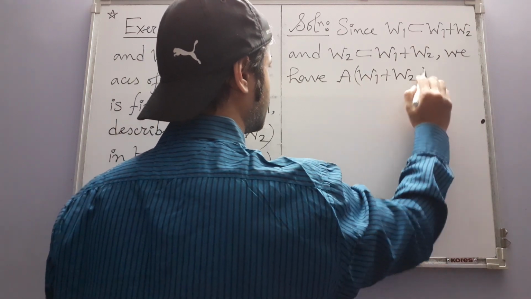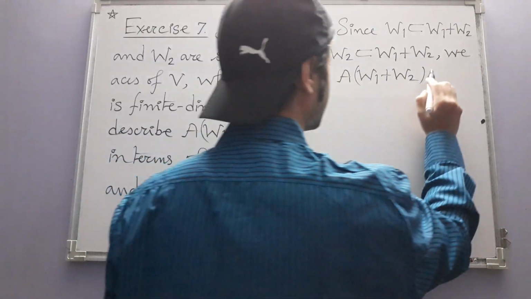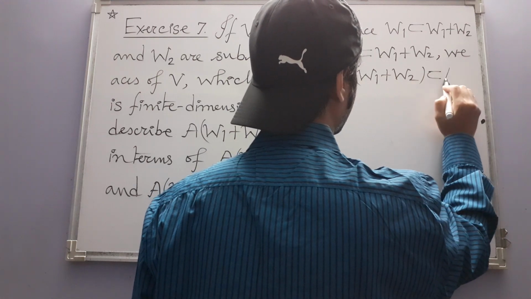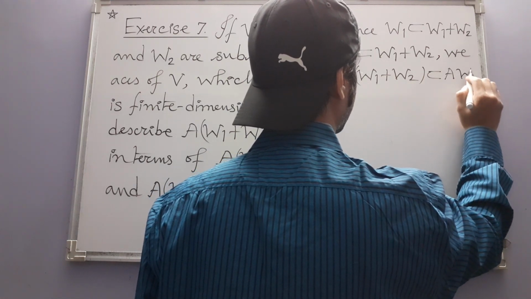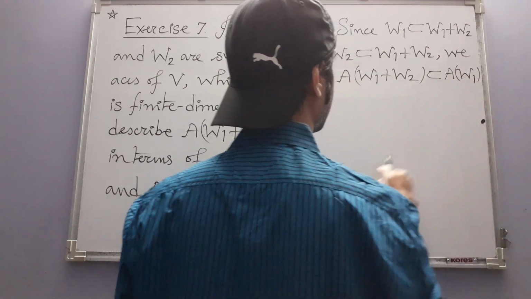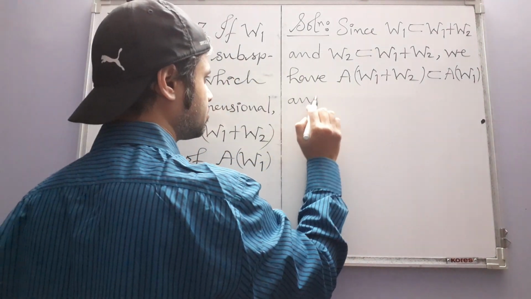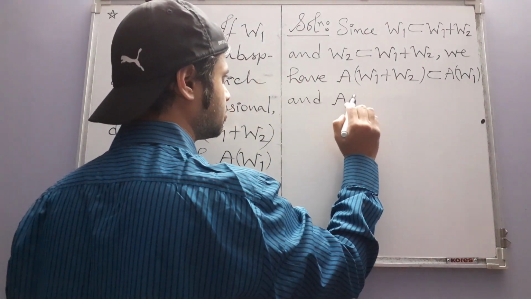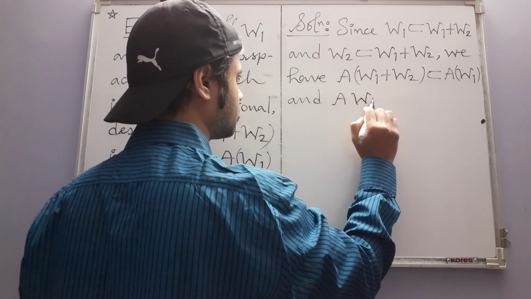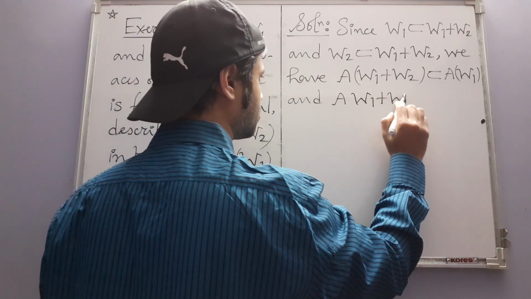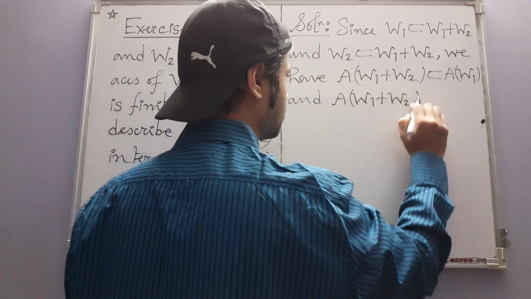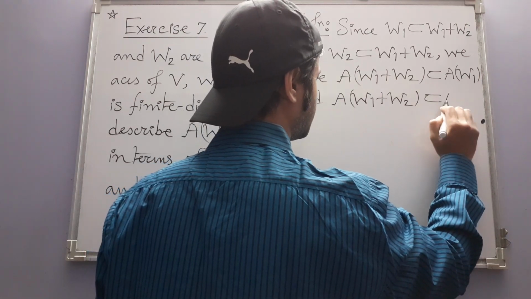The annihilator of W1 plus W2 is contained in the annihilator of W1 and it is also contained in the